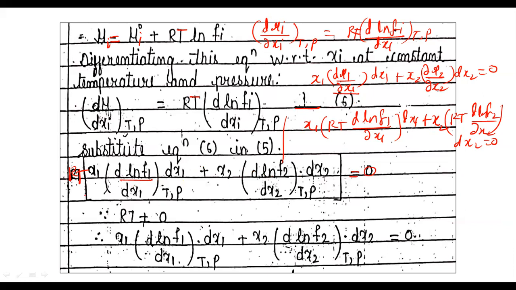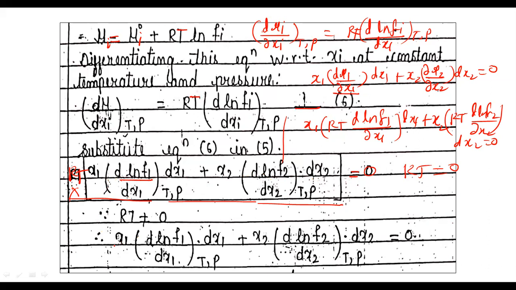Now you can see in this equation RT is never equal to 0. RT into this term becomes equal to 0, but R is a constant, temperature is a constant, so we cannot say that RT is equal to 0. The product of the universal gas constant multiplied by the temperature is never equal to 0. Therefore, it means that the second term becomes equal to 0.